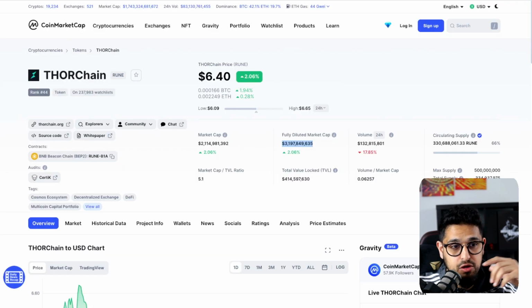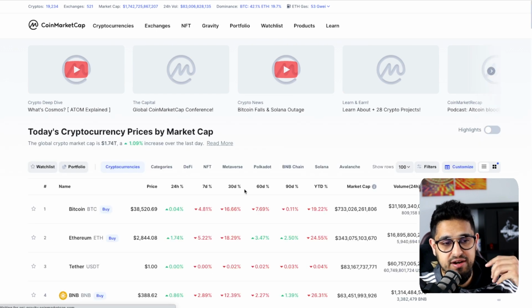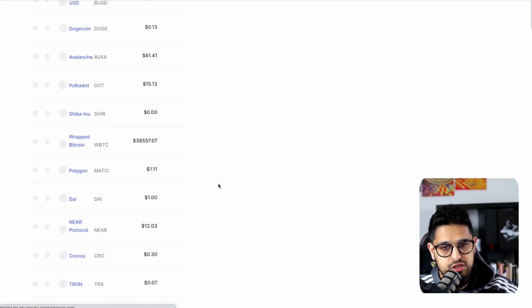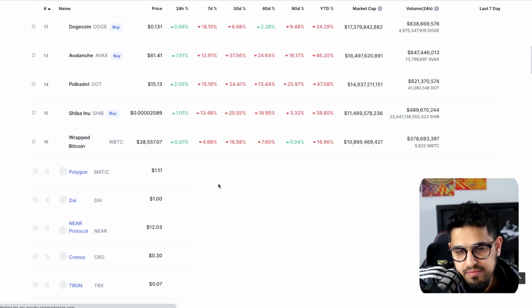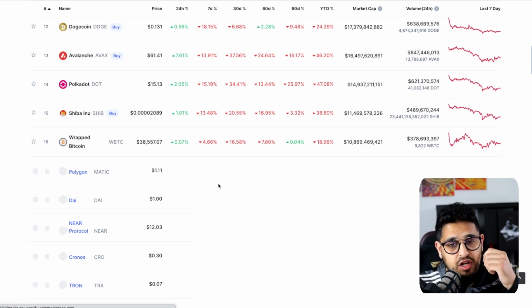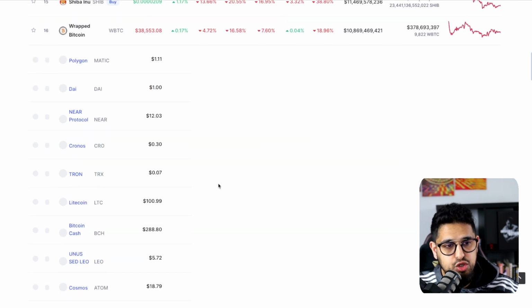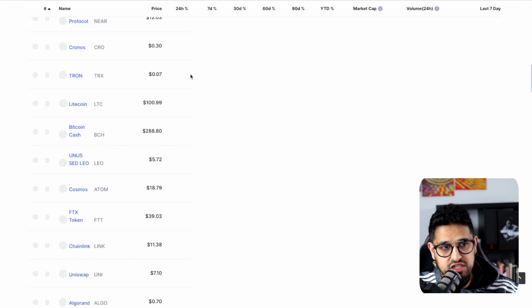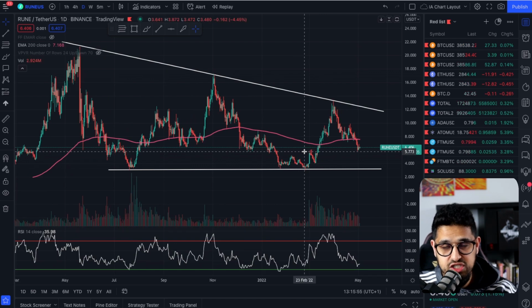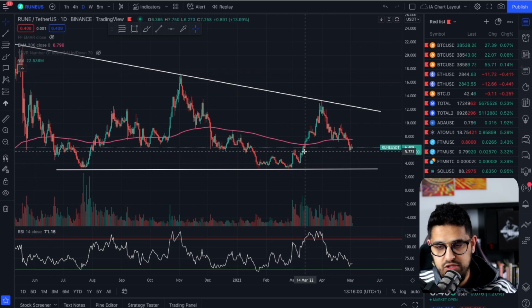And if we go to CoinMarketCap, and just peruse some of these coins sitting at these different levels at 2 billion, and you scroll down to the section, if this website wants to load, as it's always slow, I hate this website. But as we start to see what the different projects at 2 billion are, you've got something like Phantom sitting there at 2 billion. You've got things like Algorand sitting there at 2 billion. This doesn't want to load. You've got some interesting coins sitting at 2 billion. And that's when you need to start comparing, okay, am I going to put some more in something like Phantom, or am I going to put some in ThorChain